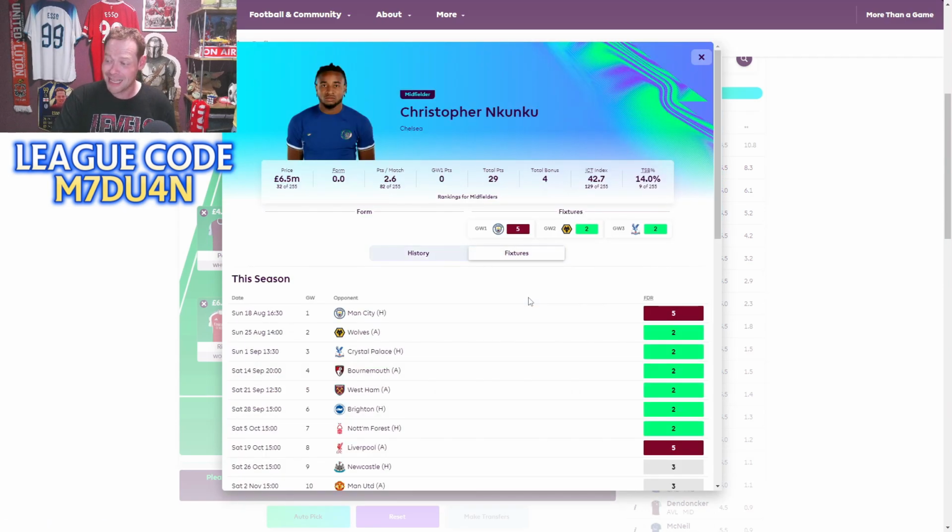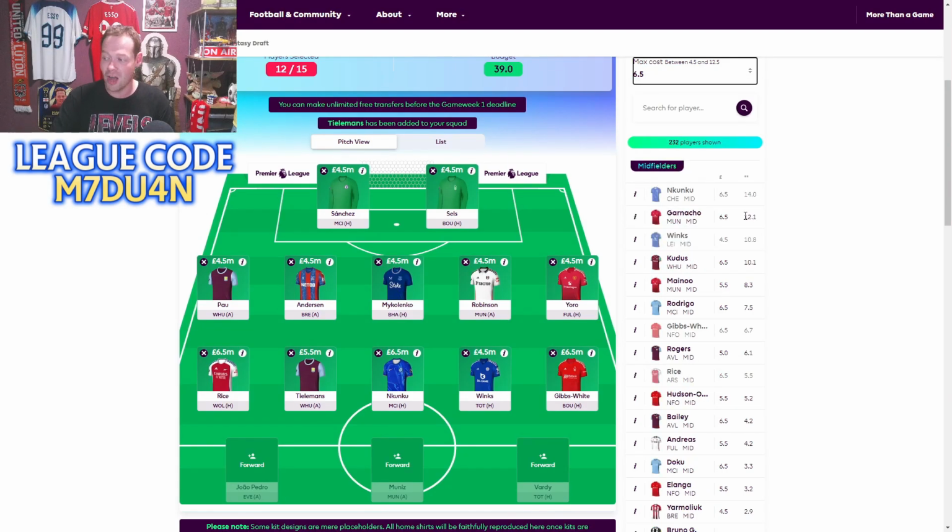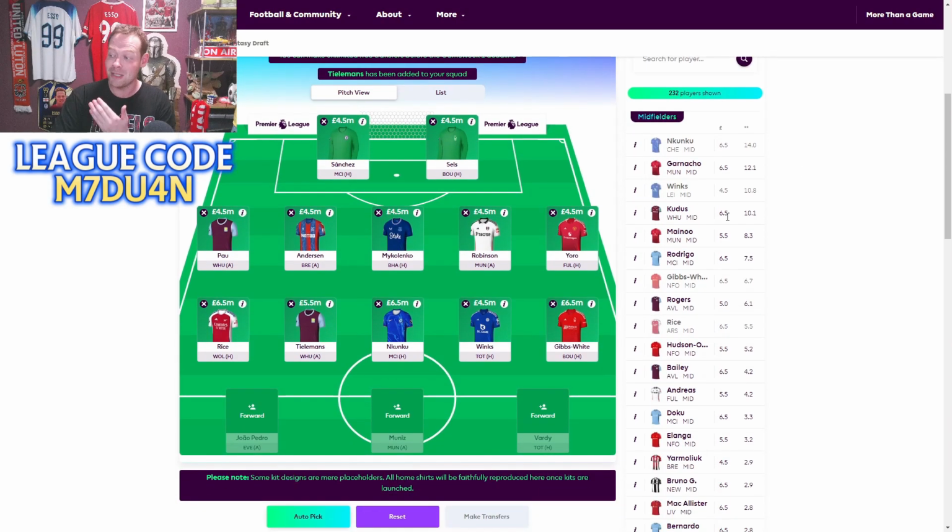And once they get past that Man City game, Wolves, Palace, Bournemouth, West Ham, Brighton, Forest, Christopher Nkunku is arguably becoming a must-have, and 14% of people already agree with me on that remark. Beyond that, you've obviously got a whole bunch of other options. Garnacho, 6.5. Mohamed Kudus, 6.5. Rodri plays every single game for Manchester City,